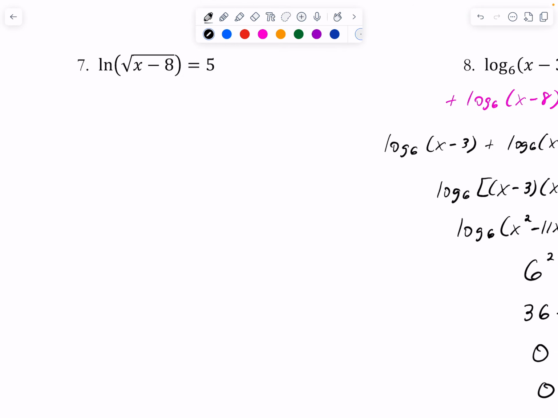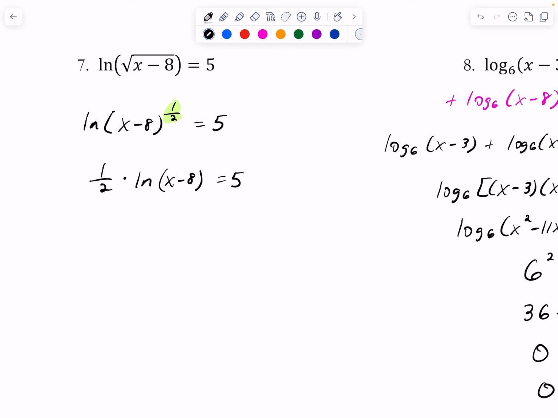I have the natural log of the square root of x minus 8 equals 5. Again, you do have 1 log on one side, so feel free, using your base of e, to turn it into an exponential equation. But I'm hoping your brain sees that I can actually rewrite this as x minus 8 to the 1/2 power. And when I do that, now I can use one of my properties that allows me to move that 1/2 to the front, and it multiplies by this natural log of x